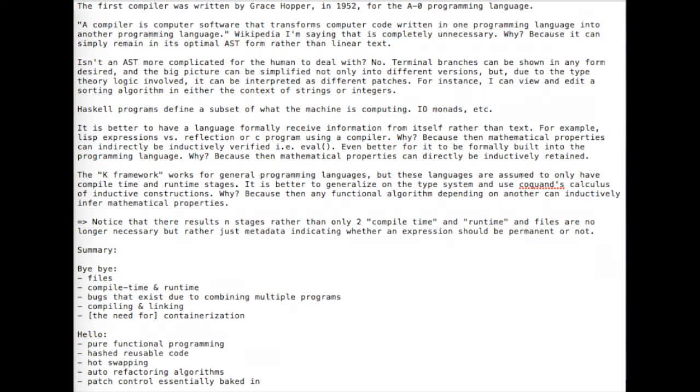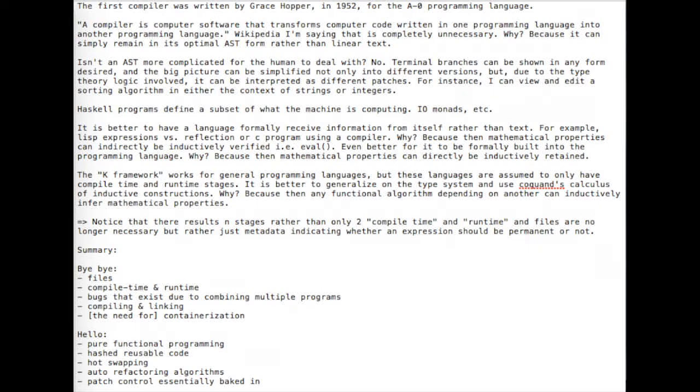Because then any functional algorithm depending on another, so when you want to use an algorithm or a program that depends on another program, instead of compiling it and simulating another program inside of it that you don't know what's going to happen with, you can inductively infer the mathematical properties of another algorithm. And all the expressions are in that one logic system,